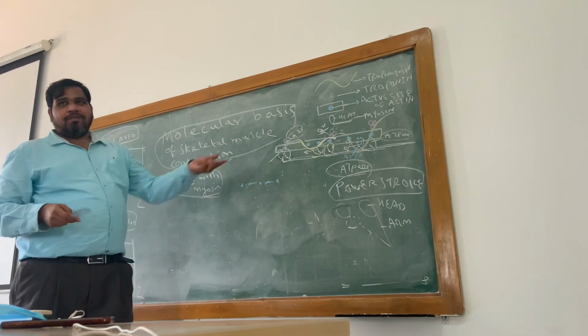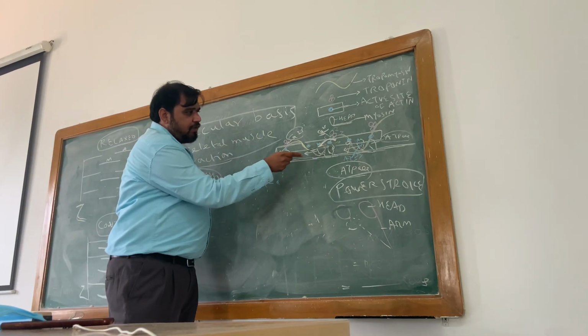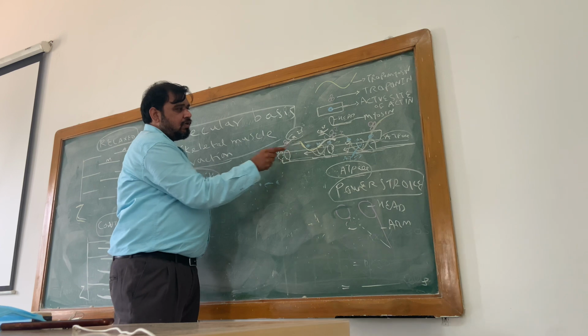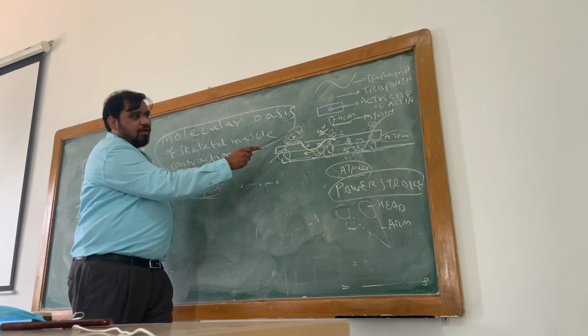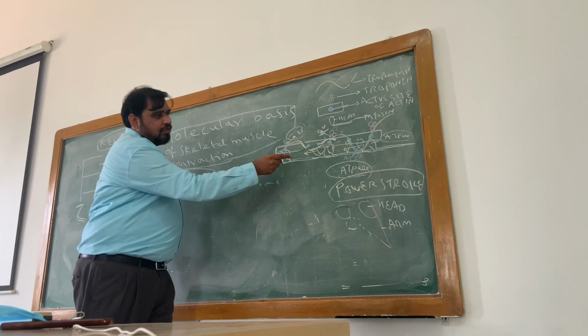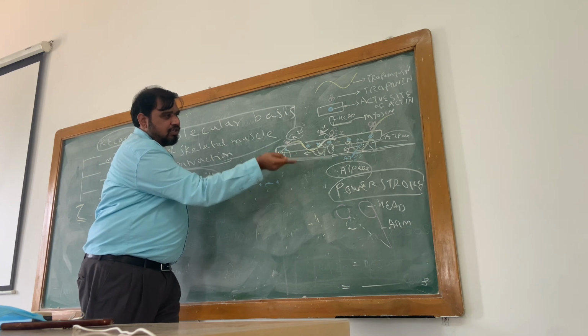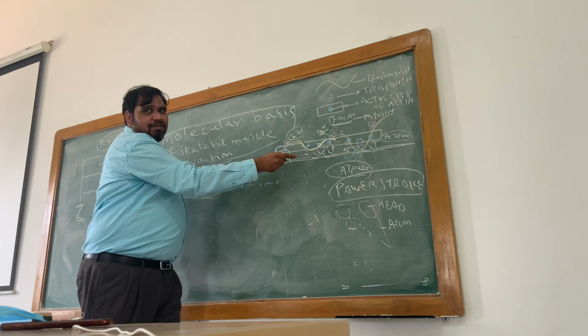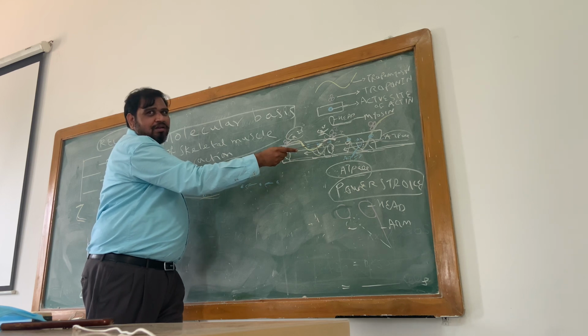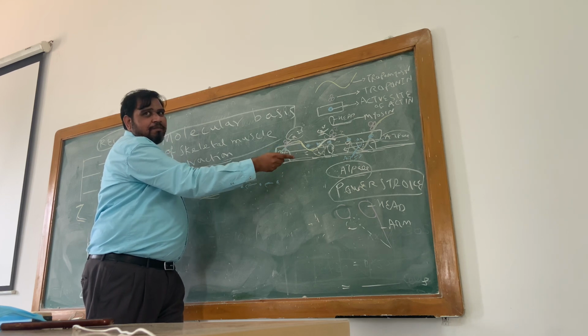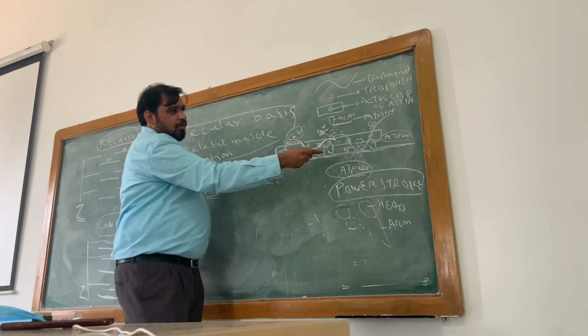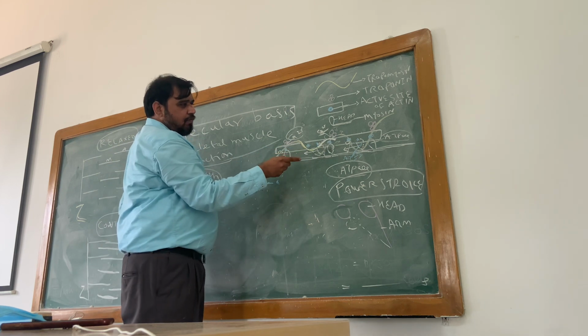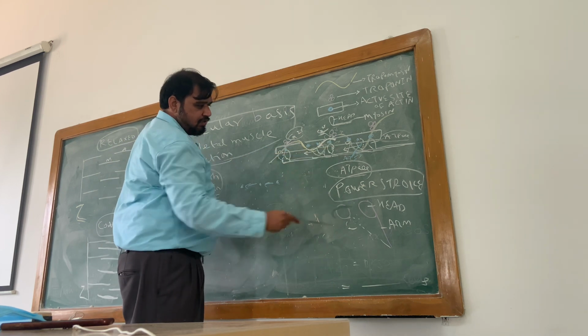In the previous diagram, the tropomyosin was in between the myosinate and the active site. Now, because of the calcium binding with troponin C, this tropomyosin has unplugged, moving away from the active site. Now the myosinate is very happy. It is seeing the active site, its target, and it is free to join with the active site. Now you know already what will happen. Once the myosinate and active site join, this will happen.